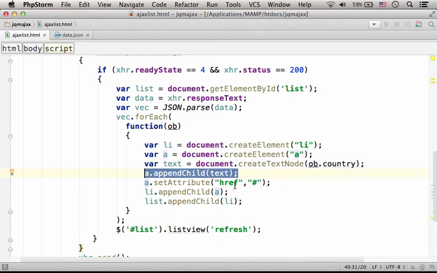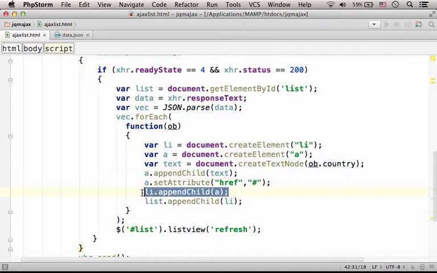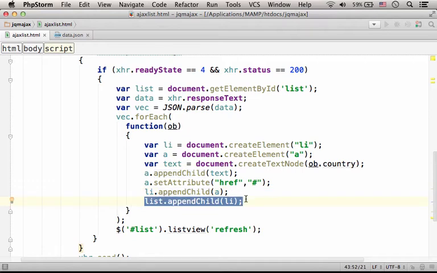The a element is configured with the attribute href with this specific value, and then the a element is added as a child to the li element, or to be more precise, the object whose reference was assigned to a is added as a child to the object that represents the li element. And then the node object that represents the li element is added as